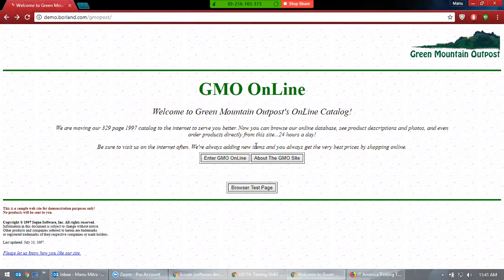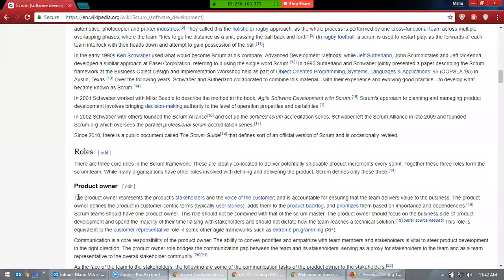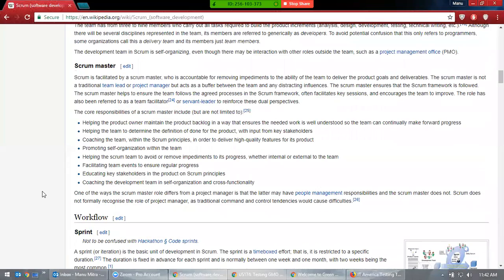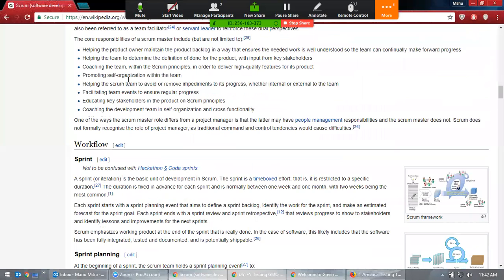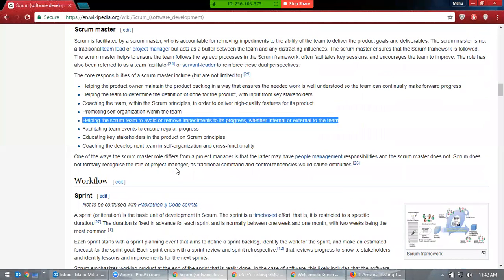If your lead is not available, and you have good rapport with developers, check with the developers. Check with the product owner if they are helpful. If that's not possible, then check it out with the Scrum Master. Anyone who doesn't help, the Scrum Master should help you out. Why? Because this is their responsibility, right? So you have to make sure someone else will help you out with this issue.